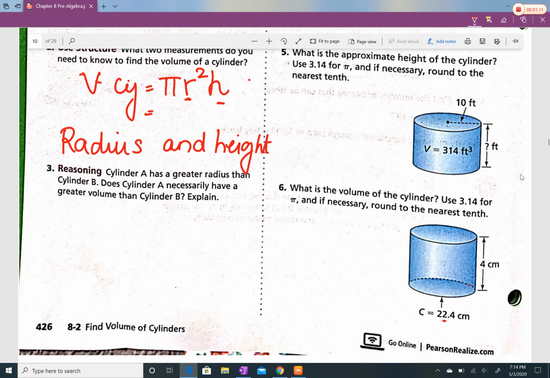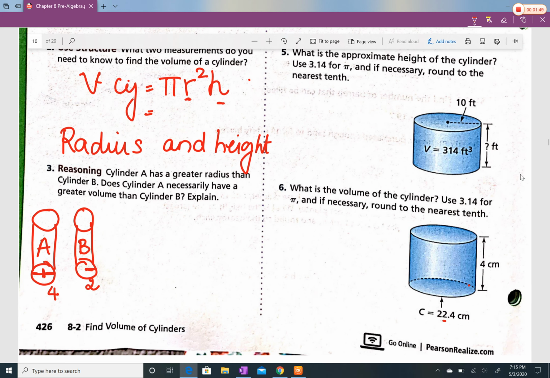Okay, cylinder A has a greater radius. I'll draw cylinder A. So this is A. It has a greater radius. I'll take this radius, sorry, radius is this, half of it as 4. And cylinder B. So I'll draw cylinder B, but I have to make sure that the radius is smaller. So if this is 4, I'll take this as 2. Okay, does that mean